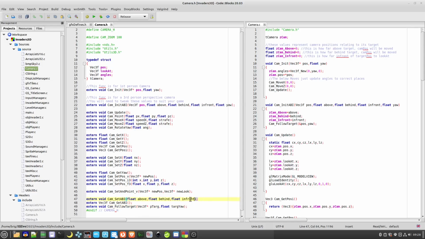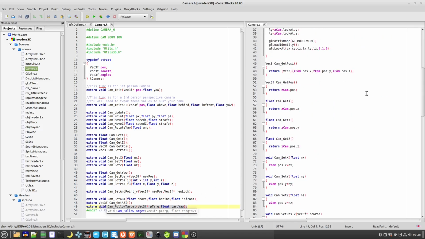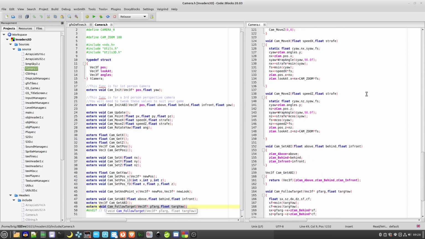The idea is you would set these up once, and then you would just use the follow camera function, and the camera, using the above, behind and in front, would update itself. So if I scroll down to it here,